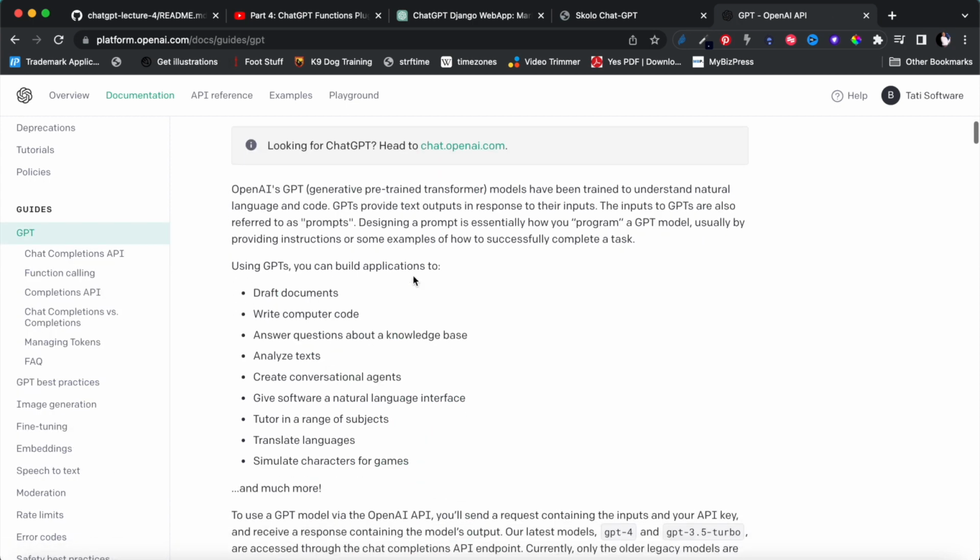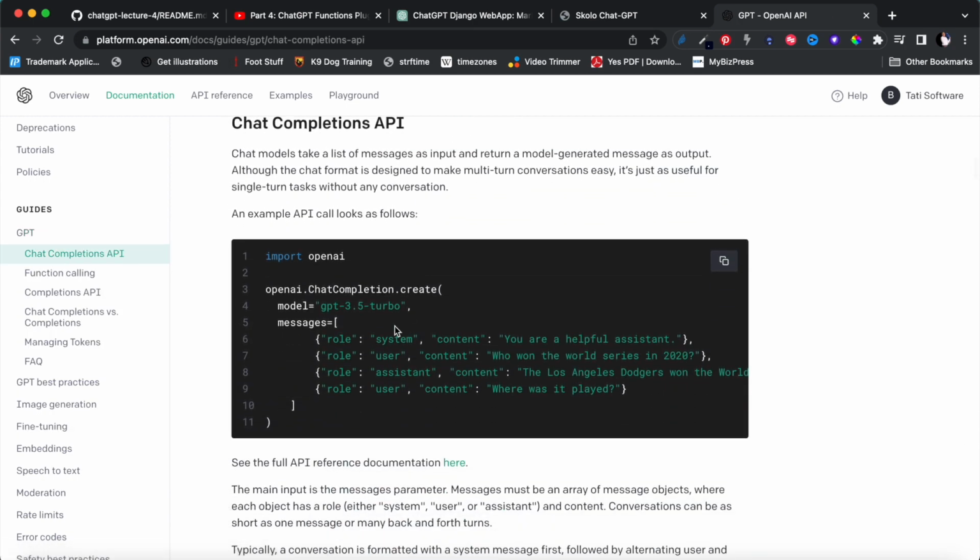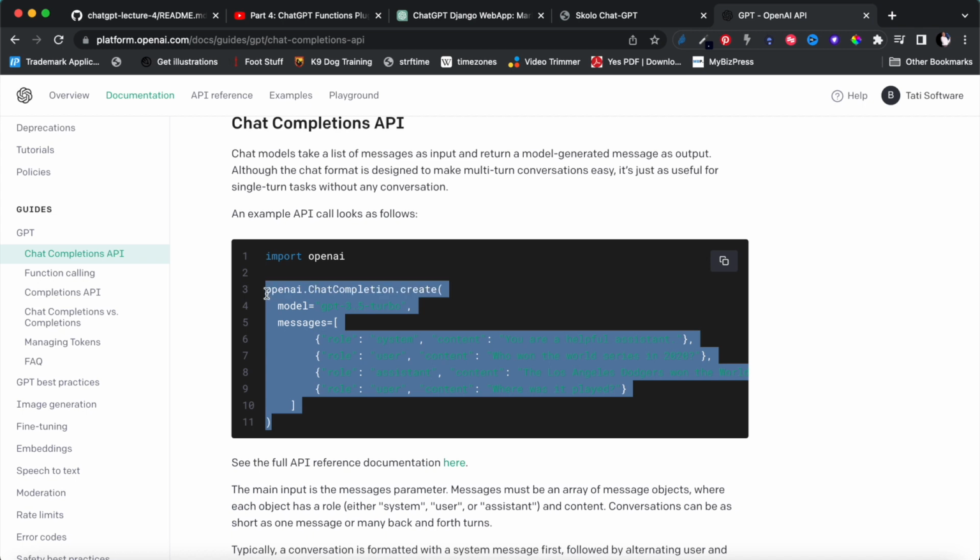the ChatGPT functionality, which was this one where you would just say openai chat completion create, and all you had to specify was the messages as a list of objects that describes whether the message is coming from a user, an assistant, or the system. This is what we used to do, and this is how we have been building our ChatGPT API